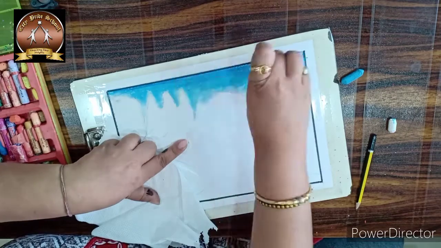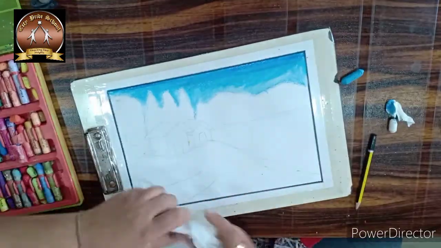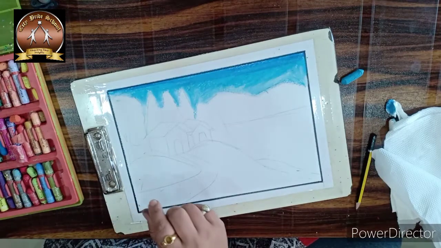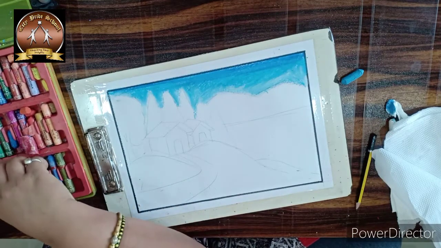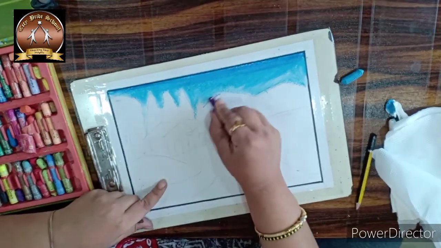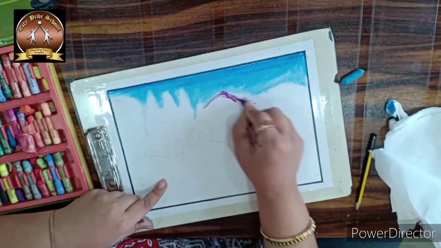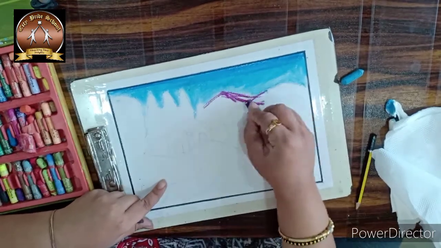Okay, so after this we will move ahead with the mountain. For the mountain we will use this violet color. So a little bit I am going to give here, violet like this.